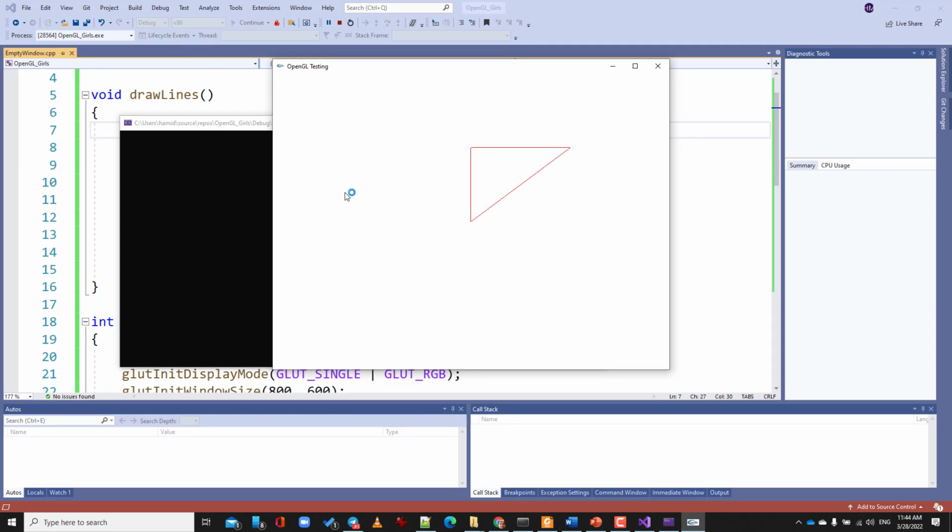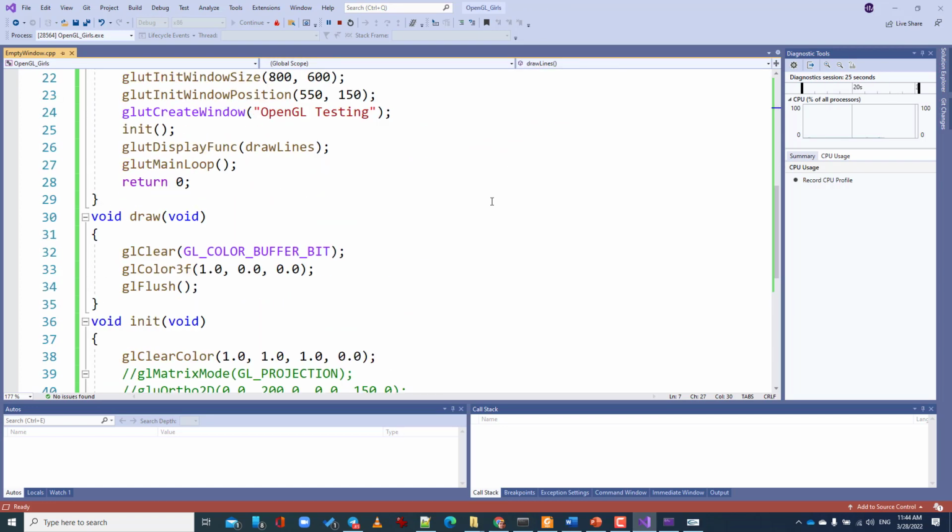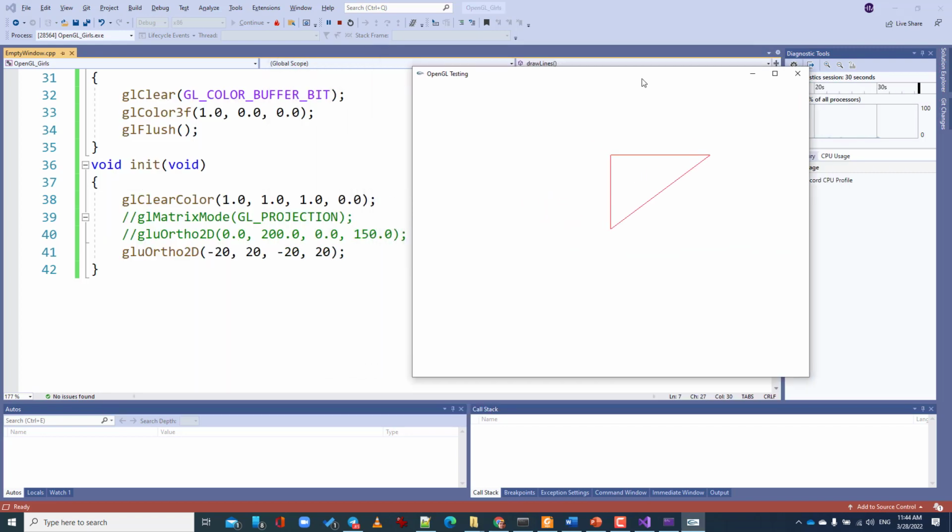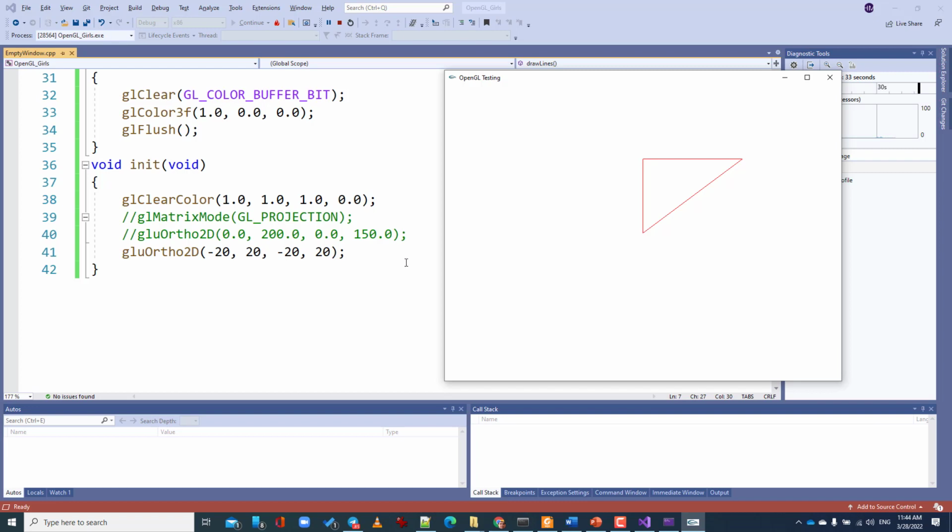Now you see. Before, the draw color was white and the background was white, so we could not see that. Now I have changed my color, and we can see that this is a triangle. We need to understand the coordinate system now. What I have specified is ortho 2D with -20, 20, -20, 20, which simply means that the first -20 is x minimum. So this side is -20, the x max is 20 on this side, y minimum is -20